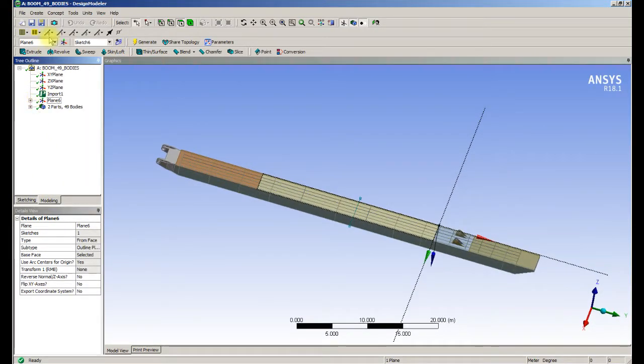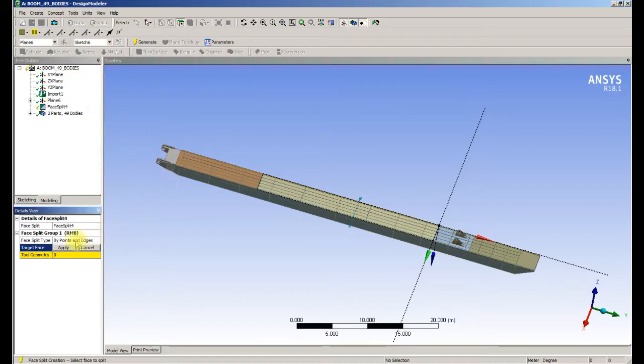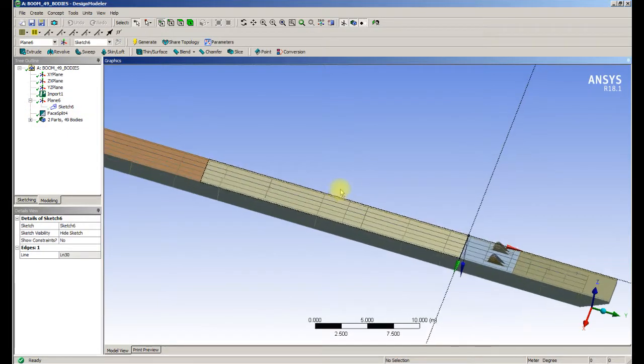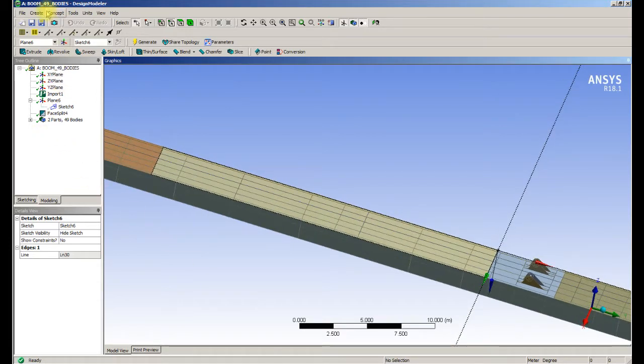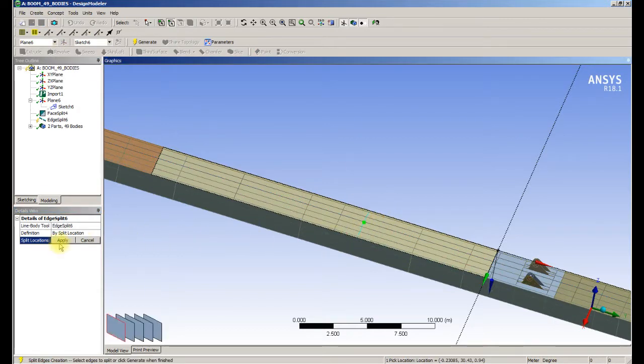What we want is to use the tool Face Split to pick this face and this tool, which is an edge, and generate. So we now can hide the sketch, and we've got a new edge for that face right there. Now we need to break that edge into shorter pieces, so we're going to use Split Edge, pick that,